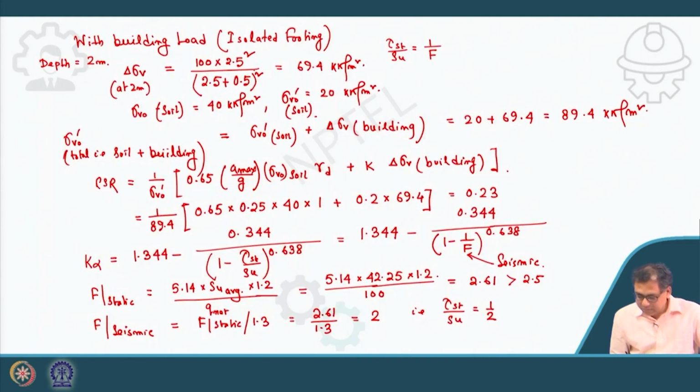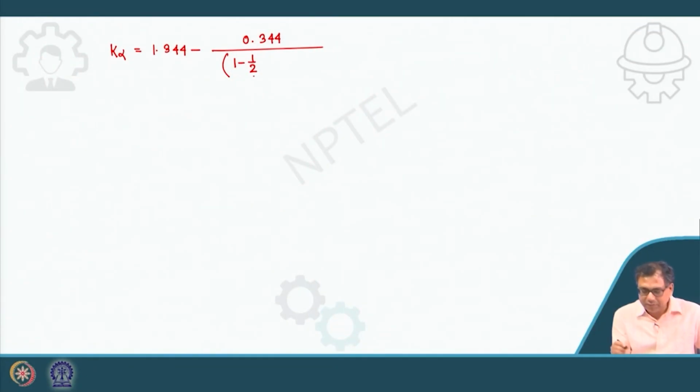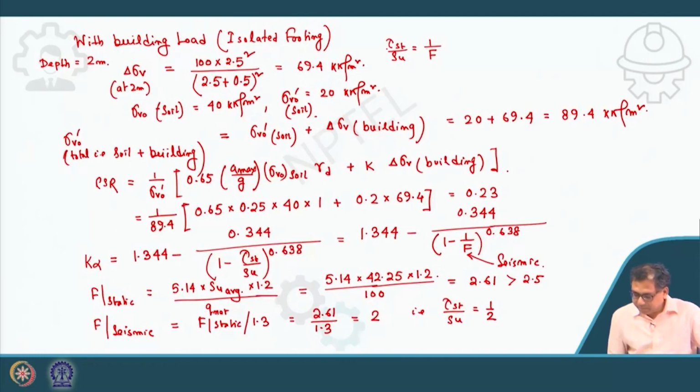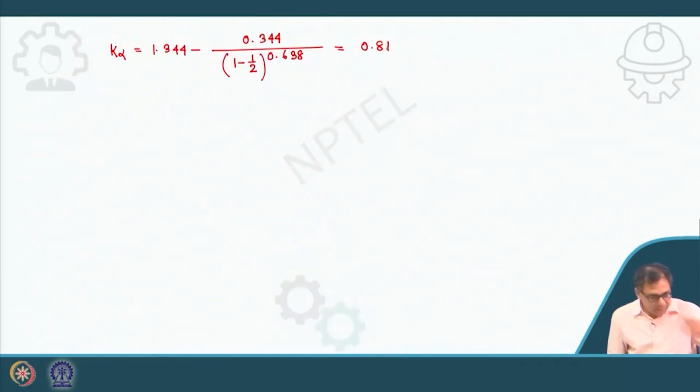Okay, you can see this is 1 by F, 1 minus 1 by half, because seismic I am taking, that is 2. So 1 by, this is half, 1 minus half, 1 by 2, that is 0.638. So if I put this, and this will be 0.81. Okay, 0.81. So MSF,